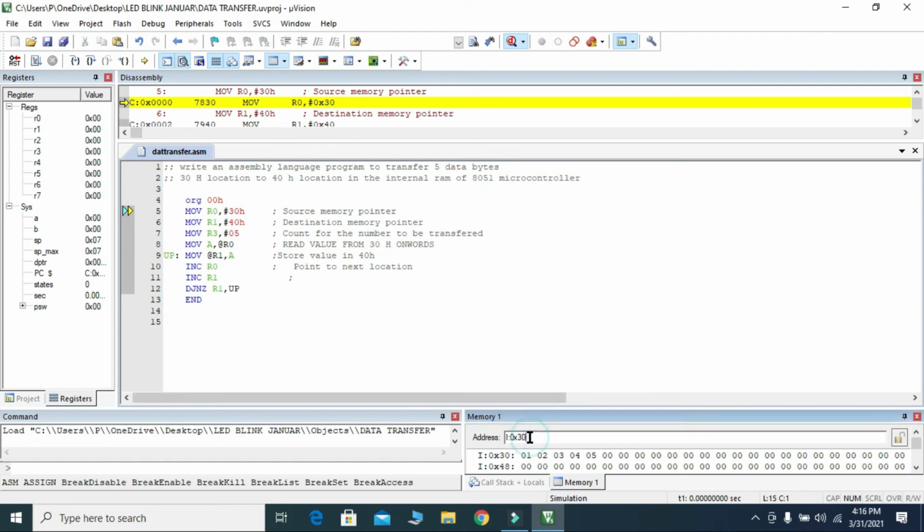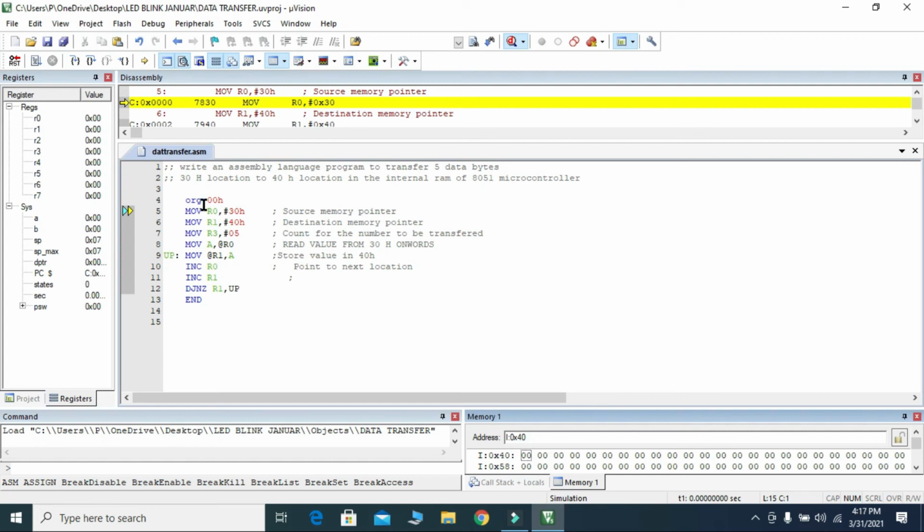I need to edit this location, then edit this. Now see what is inside the 40H location. Go to 40 and enter. All the positions are 0.